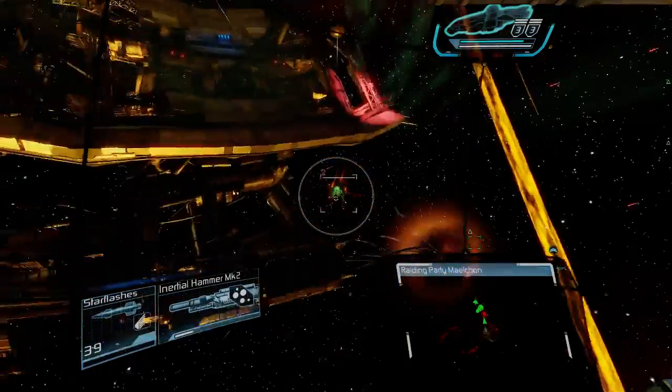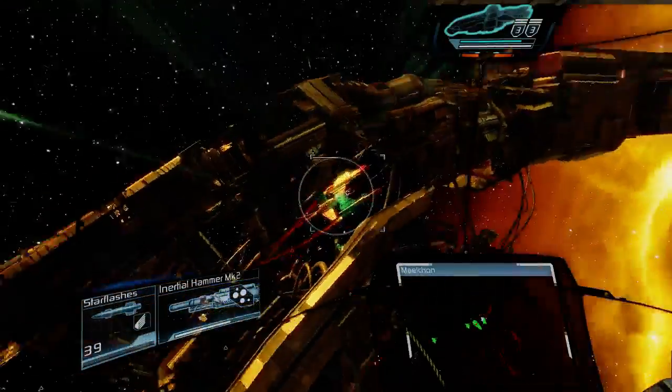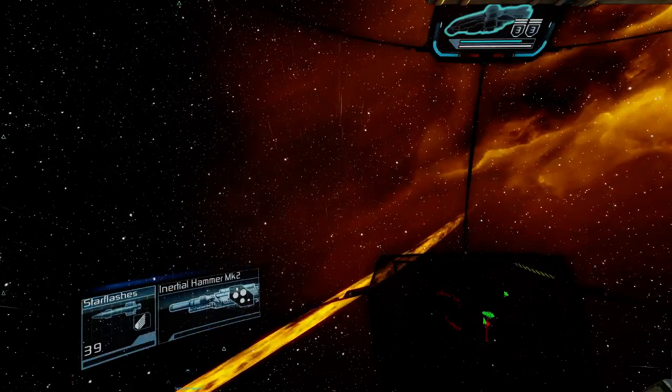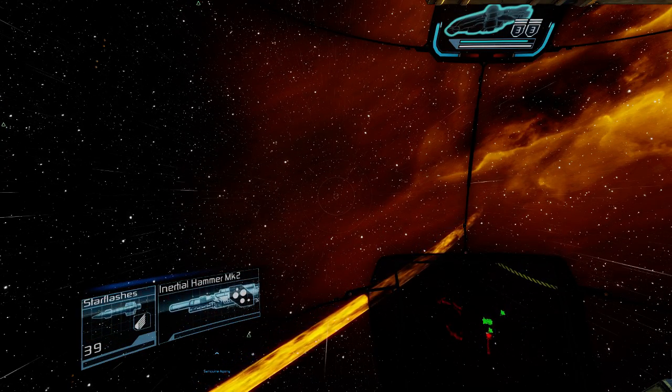Now, stations cannot be destroyed currently. Effective. Oh, I want to claim that later, so I'll hold on to it. Okay, let's back off a bit. And the new orders are...